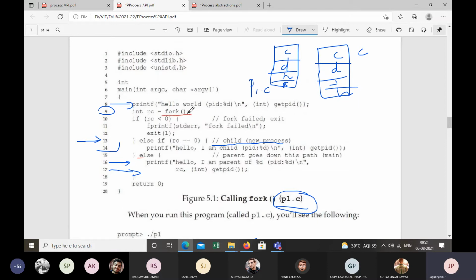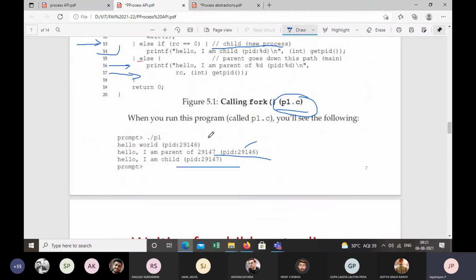Therefore it's just going to print hello world, and it wants to print the process identifier, and we know that %d is the format specifier. It specifies an integer format. So you have hello world, and it's going to give you a process identifier.